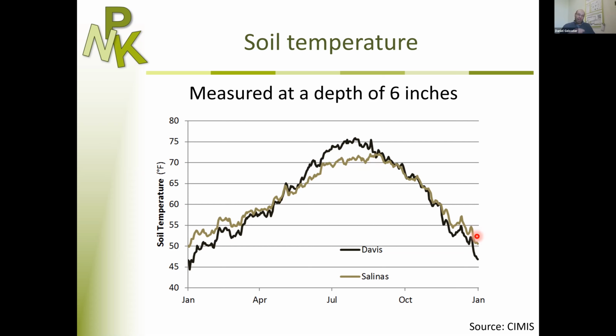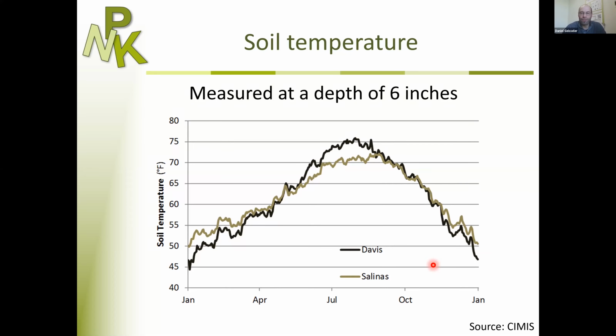Soil temperature, of course, has a similar curve over the year as air temperature. It's just a little bit behind, because it always takes a while for the soil to warm up or to cool. In the Central Valley, the temperatures drop a bit more during the winter and increase a bit more during the summer. But the curve is very similar, and due to the changes in air temperature.